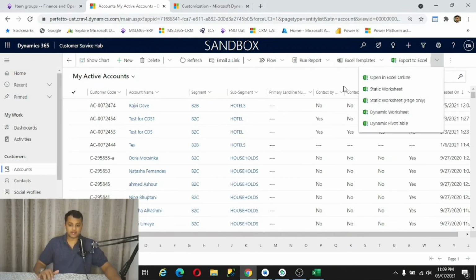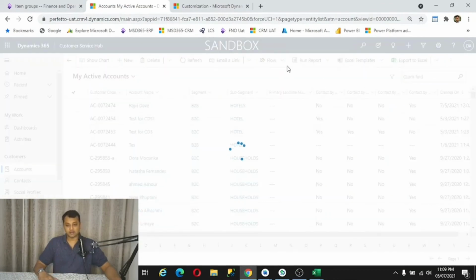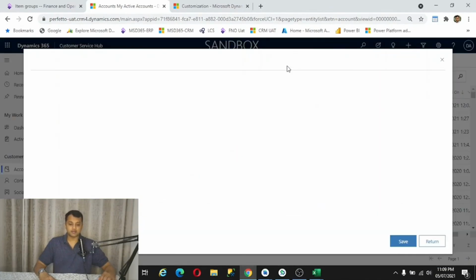For CE, for example, if I click on Open in Excel Online, all the records which are available for me would be shown in Excel. Once you do that, it will pop up a new screen, and let's wait for it to load. This should actually load Excel for me.